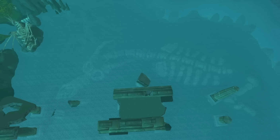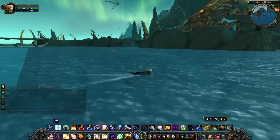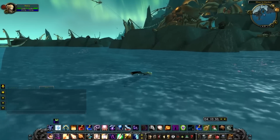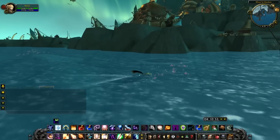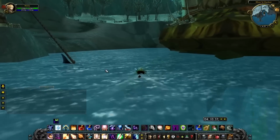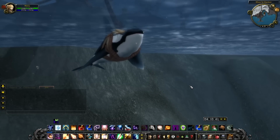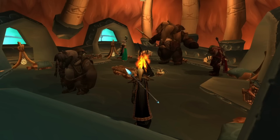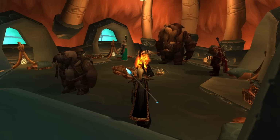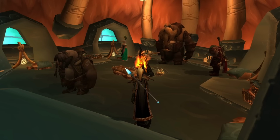It was good to see this landmark again, and I felt it was a nice high point to wrap up my adventures in Northrend. At long last, a little over 4 hours since the beginning of the trip, I arrived back at Milwaukee Harbor, and after saying hi to this baby orca, I made my way back into the village for some much needed rest. As I took refuge inside the main tent, the realization hit me. I did it. With this final part over, I now have swam around the entirety of Wrath of the Lich